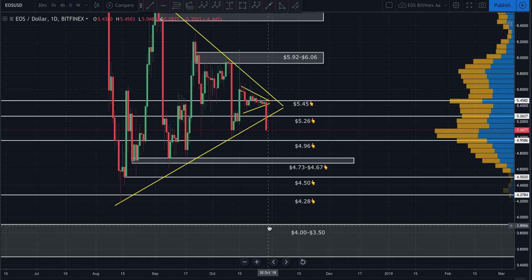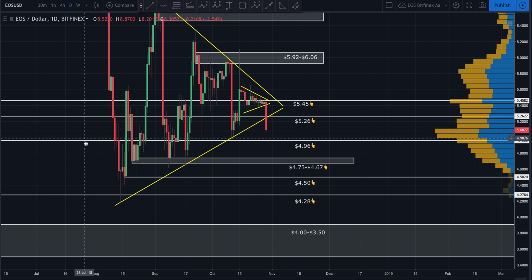I'm not saying it's going to. I'm just saying if it ever does get here, this is the area I would expect an absolute reversal. This is where I'd be looking for a bottom, and this is where I have my buy orders stacked if it ever gets here. I've got fiat on the side with buy orders stacked, ready to go right here, and I have ever since price came down to this low. As I've told you guys, if you've been following my EOS updates, these are where most of my buy orders are stacked for EOS.